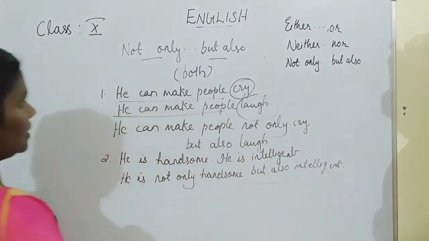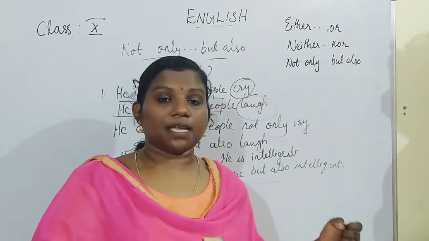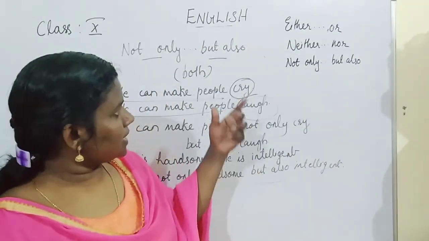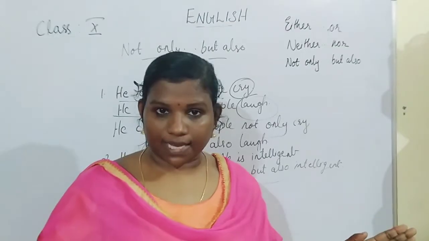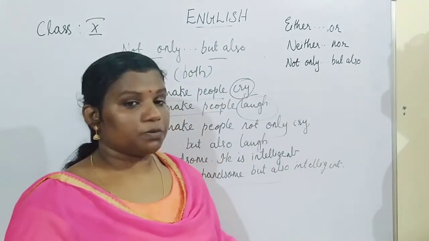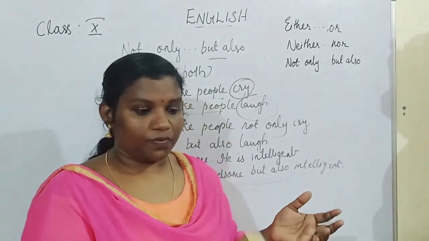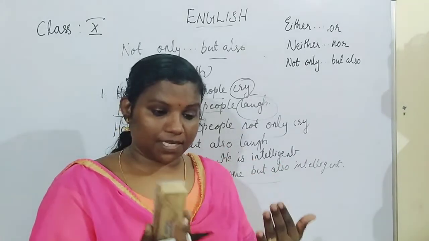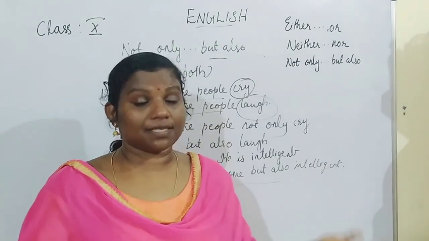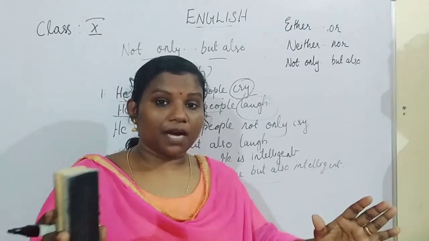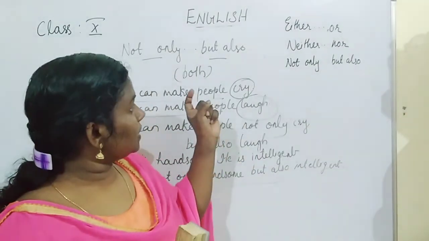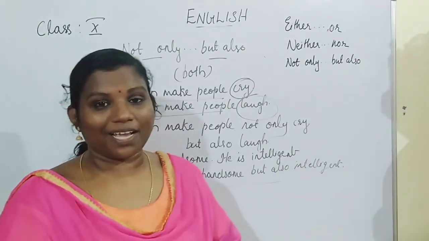It's very easy to learn these conjunctions. How can we use either or, neither nor, and not only but also? Just revise this. Either or means the first one or the second one. Neither nor means nor the first one nor the second one. Not only but also means both. So when we are combining two subjects, two verbs or two objects from two different sentences, the same part should be written one time, but the different ideas should be connected with either or, neither nor, and not only but also.